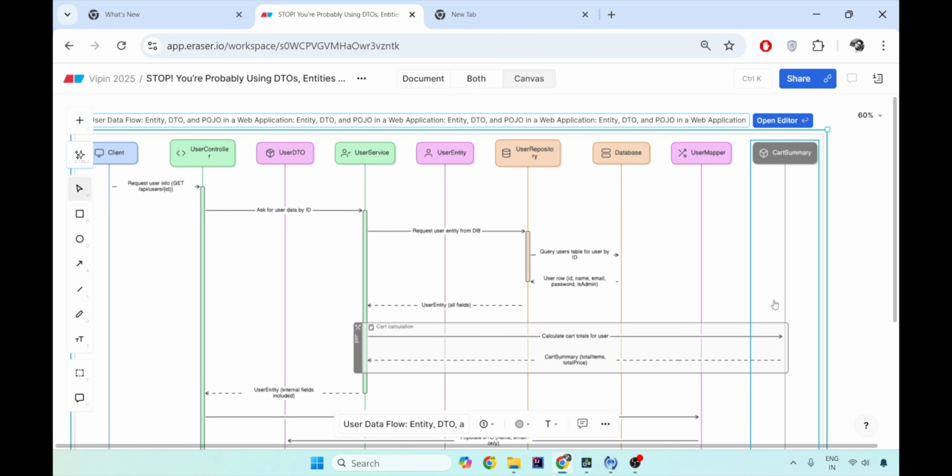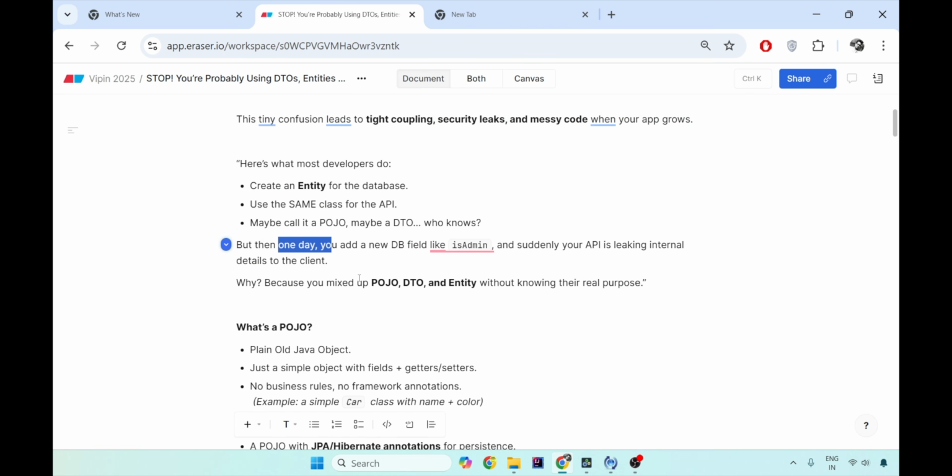And there's a lot of difference. Do not consider DTO as POJO. Never do that. Or POJO as DTO. So with this architecture, when you don't add any layer between your controller layer and the service layer and the repository layer, then you are in trouble. You will end up doing a lot of bad things.